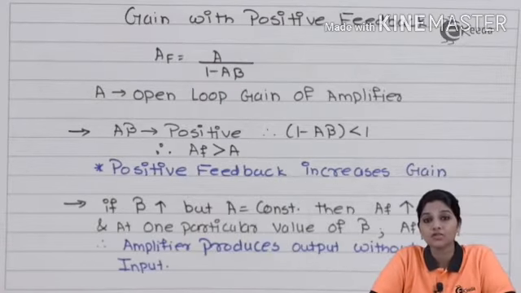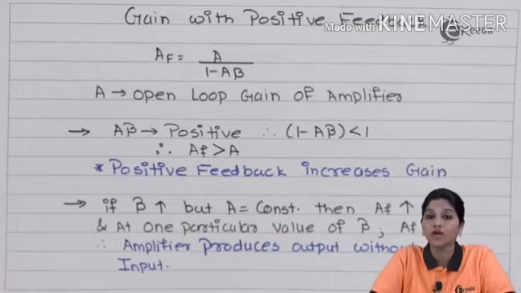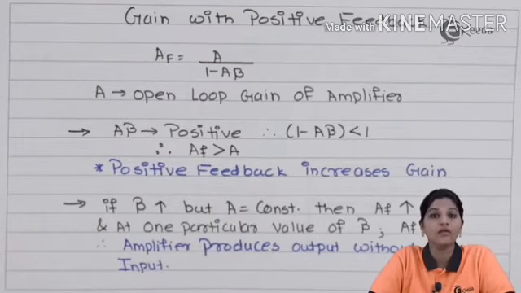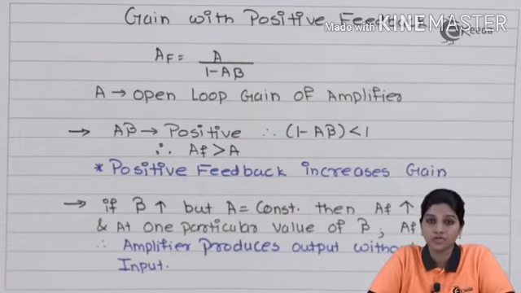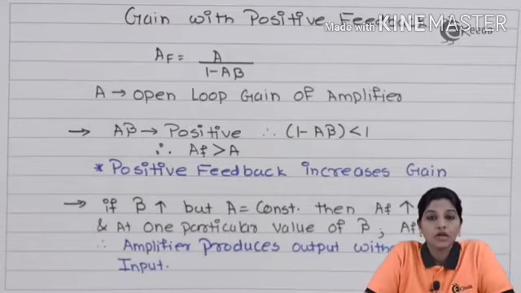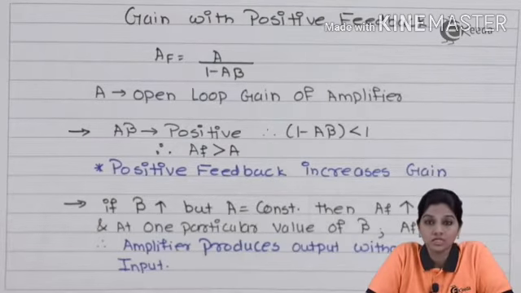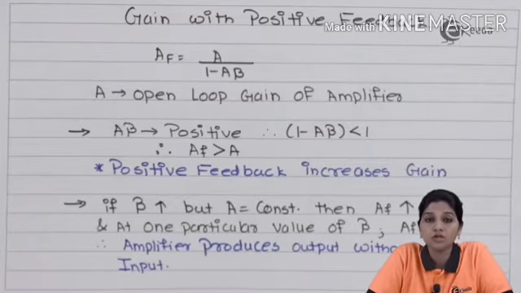That means an amplifier circuit, when used along with positive feedback without any external AC input signal, is called an oscillator. And positive feedback is nothing but when the input and feedback signals are in phase with respect to each other, then the circuit is called a positive feedback circuit. So in this video, we come to know that an oscillator is basically an amplifier circuit which produces output oscillations without any AC input signal but with positive feedback, and positive feedback, also called regenerative feedback, is when the input signal and the feedback signal are in phase with respect to each other.